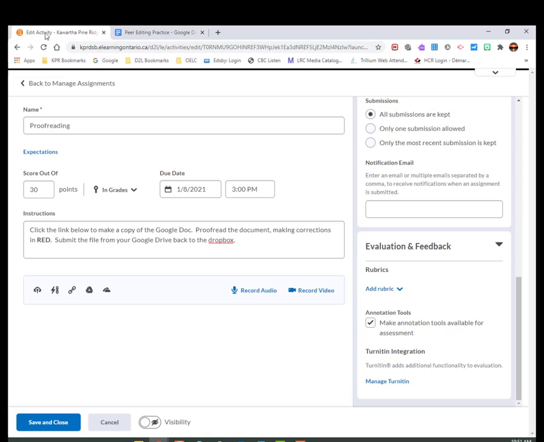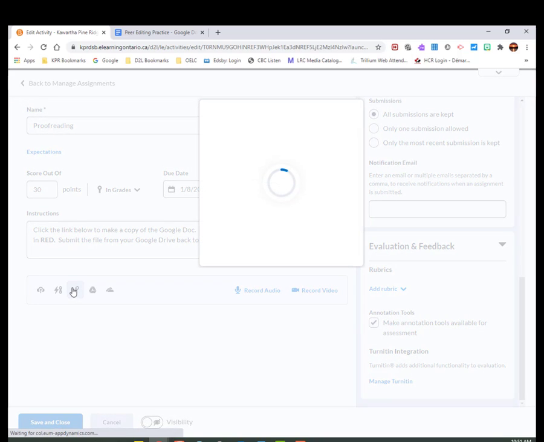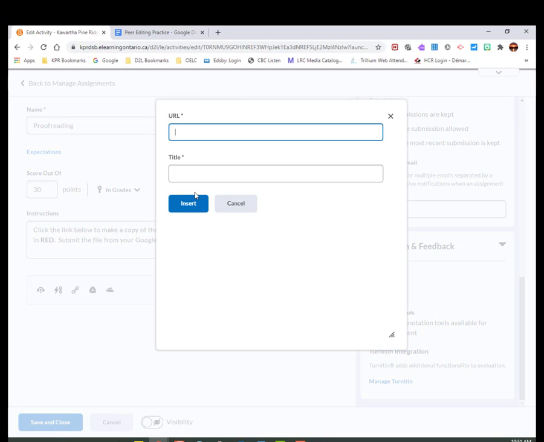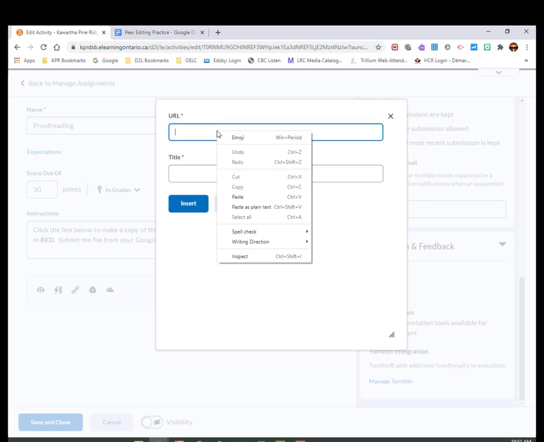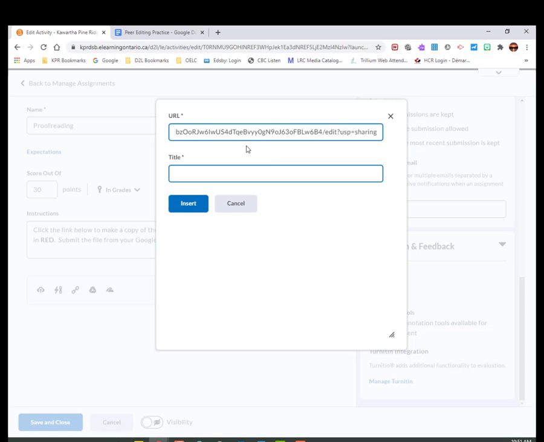Now I'm going to go back to my Dropbox. And as you can see, I can attach the file directly from Google Drive, but when I do that, the file is standalone and it's going to be view only. So the kids can go and click file and make their own copy and things like that, but it's again another step for the kids. So instead, I'm going to attach a web link